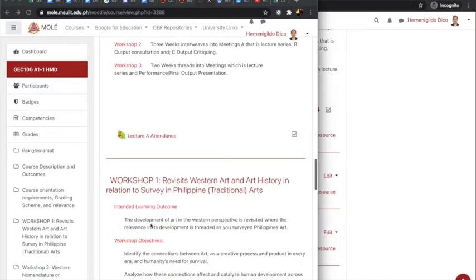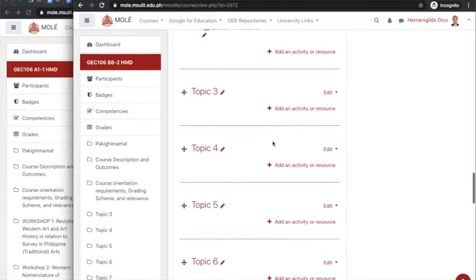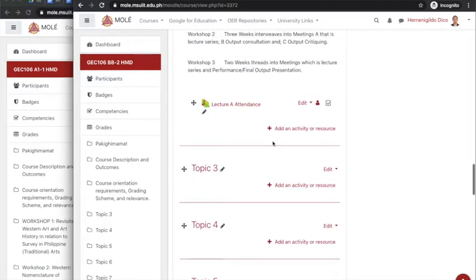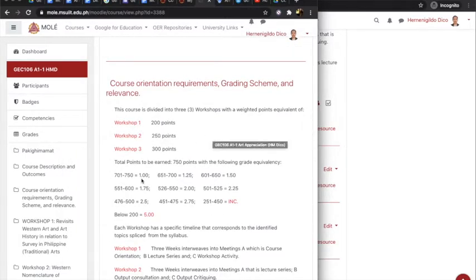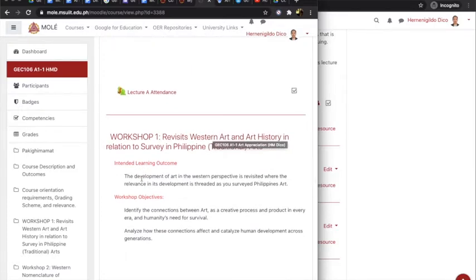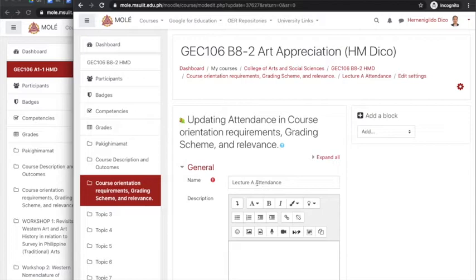Our third section of our course interface. In my case, my third section is the first workshop, or it can be a module or it can be topics, depends on you. So my first workshop is about the Western art and art history in relation to Serbian, Philippine, or traditional arts. So again, all you have to do is edit these settings, and then you change the name